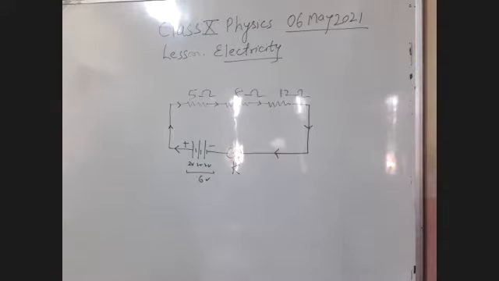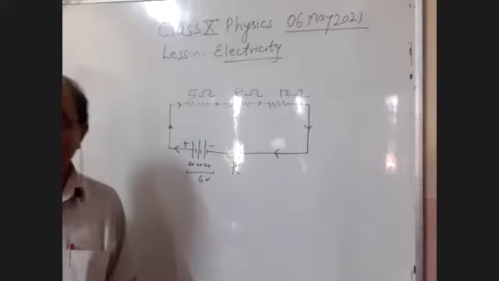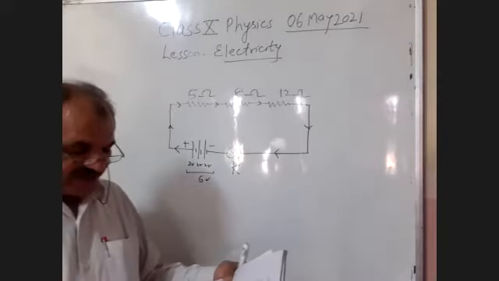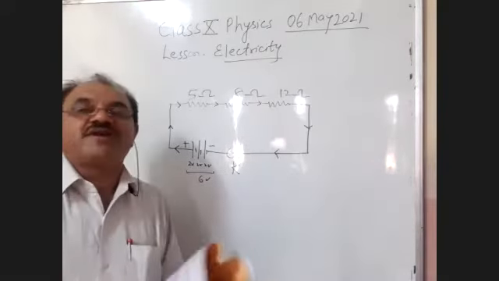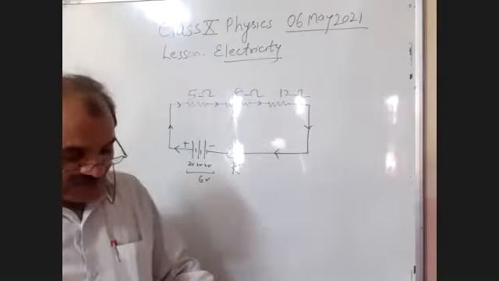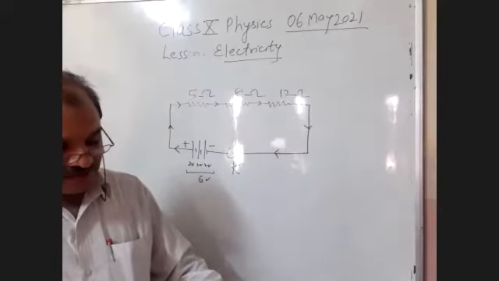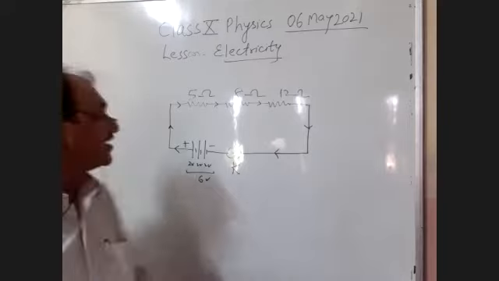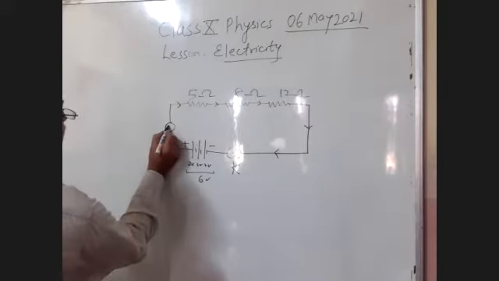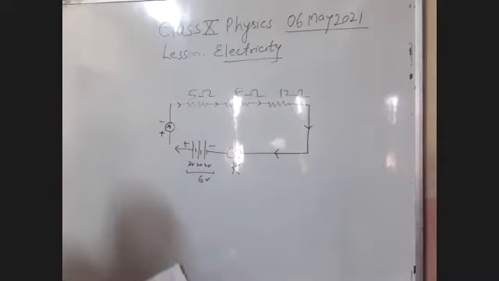But in the second part, in the second question, I'll read the statement. Redraw the circuit in question number 1, the same diagram, with another correction: putting an ammeter to measure the current. Now students, I'll put one ammeter here, because we know that the ammeter is used for measuring the current. Here I'll put the ammeter. Is it clear, students?